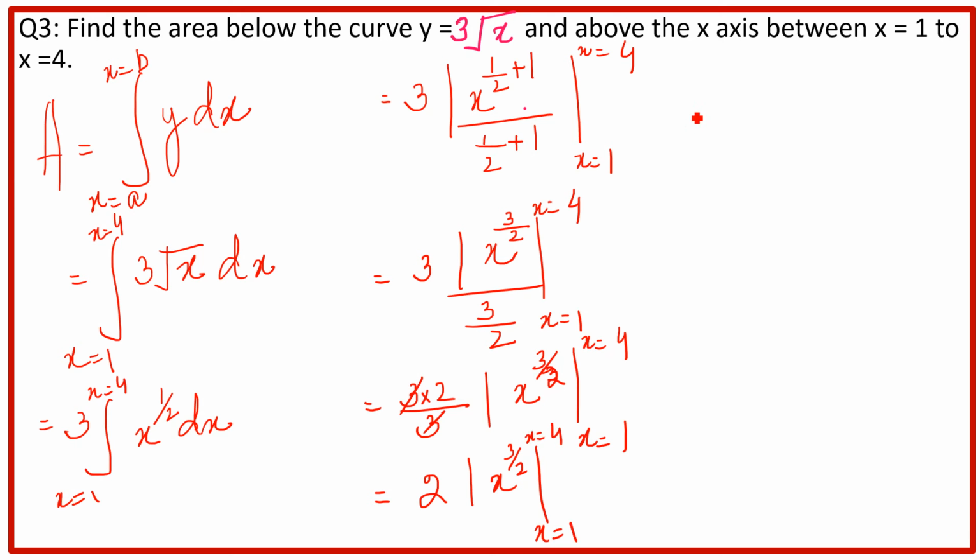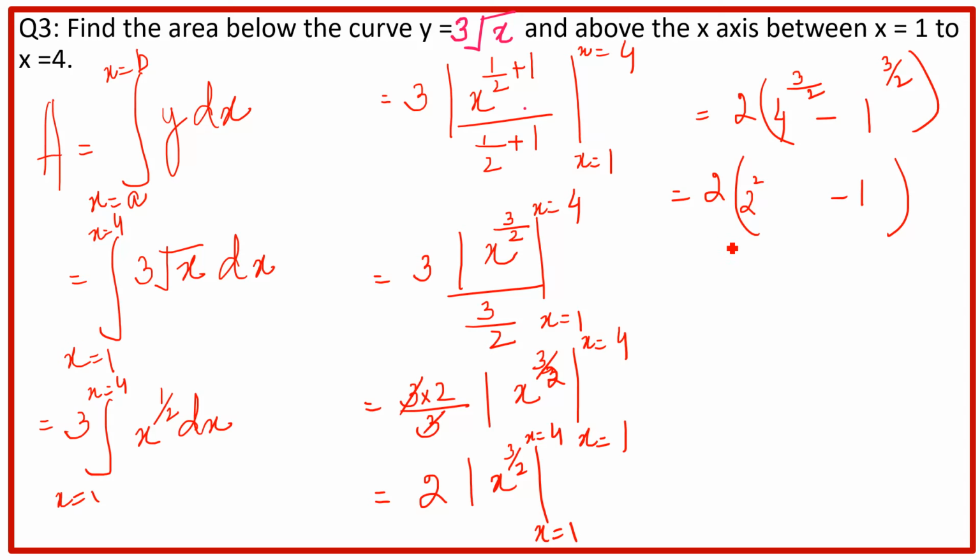In the next step, we are going to apply the limit. You have to continue your question; I'm writing here because I do not have room. So see, instead of x, you have to write 4. This is the upper limit, and its power is 3 over 2, minus the lower limit 1 with power 3 over 2. Whatever is the power of 1, it remains the same, but this 4 we can write as 2 raised to power 2, because it will be 2 times 2, and its power is 3 over 2. So this 2 will cancel this.